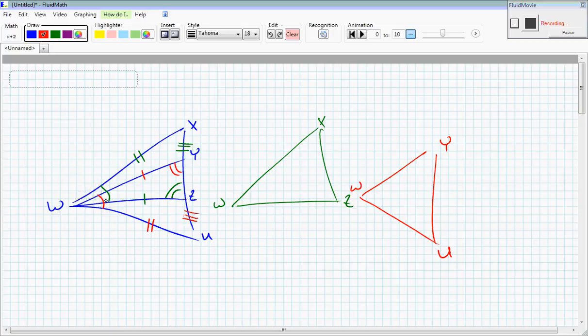Now from the markings, we see that this angle W, which here would be angle YWU,